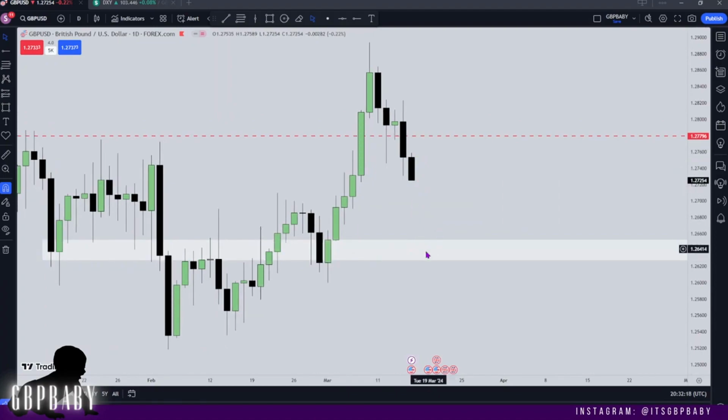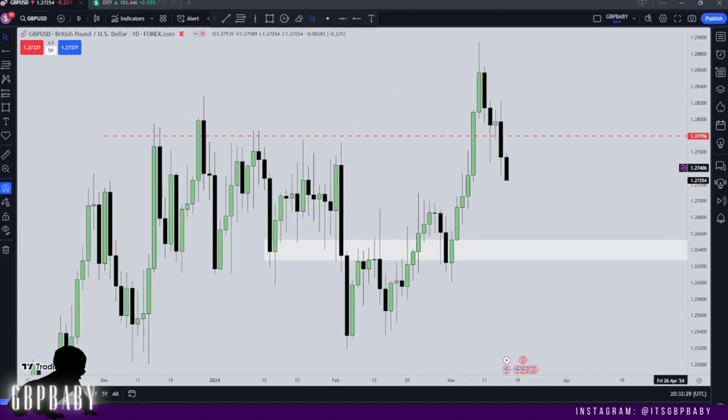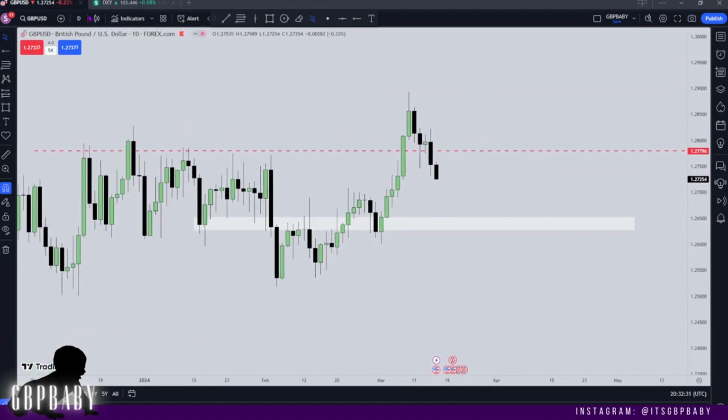And once we do reach here, if we reach here before we trade higher, then I'd start looking for longs on the pound with the expectation to withdraw back into the range it's going to create on the way down. So that's something I'm paying very close attention to. We can go to the 4 hour,